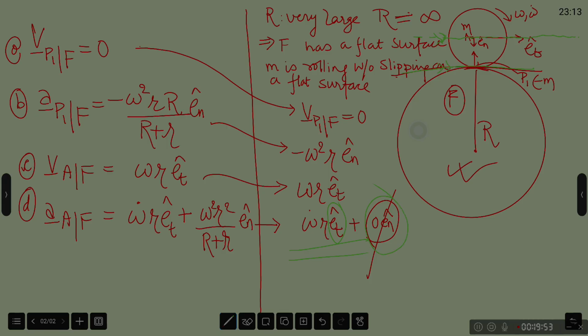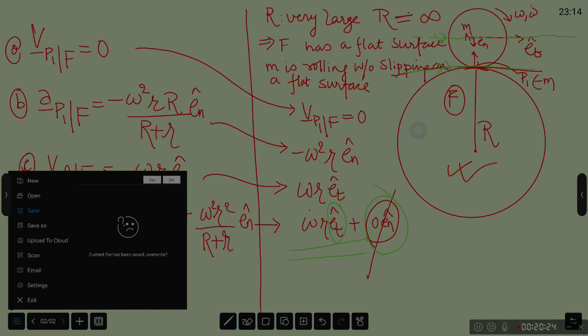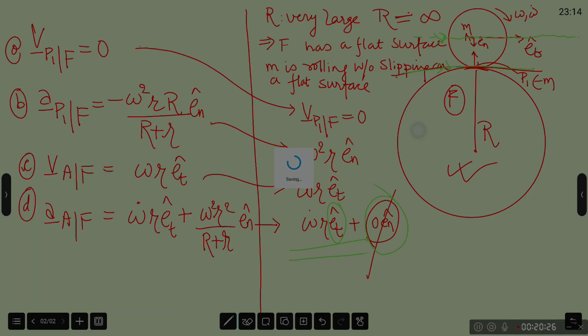All these results that we have derived could be used readily in solving many problems of practical interest. These equations, these relationships will prove very handy in analyzing the motion of a rolling object on its surface. Moving on,